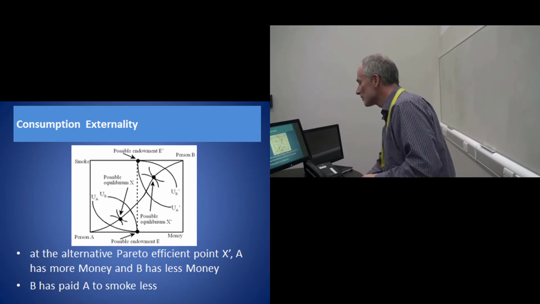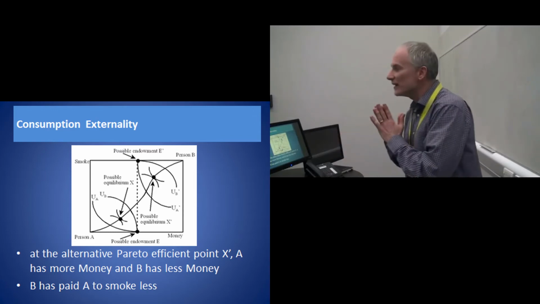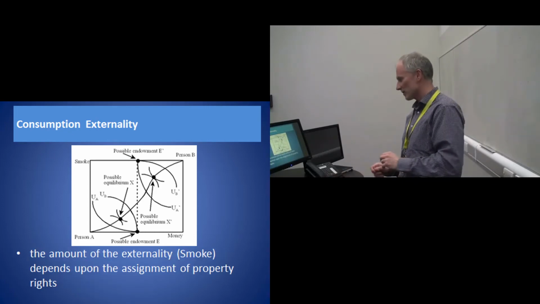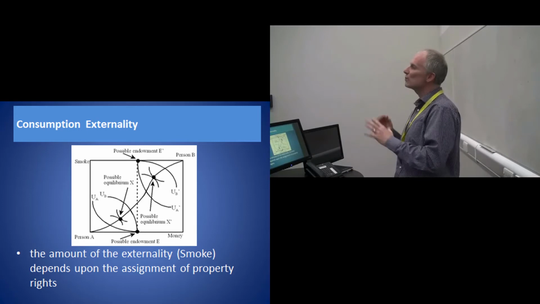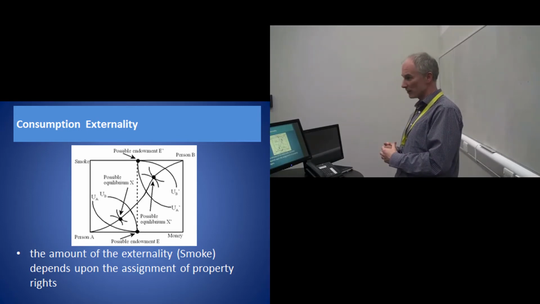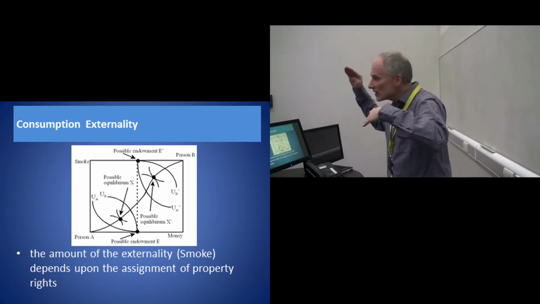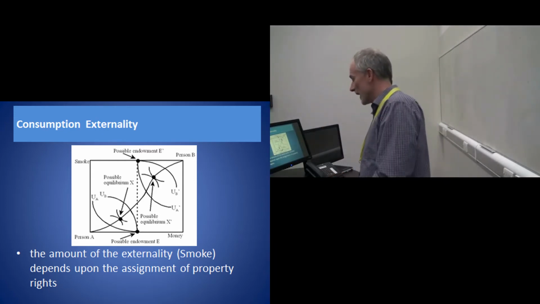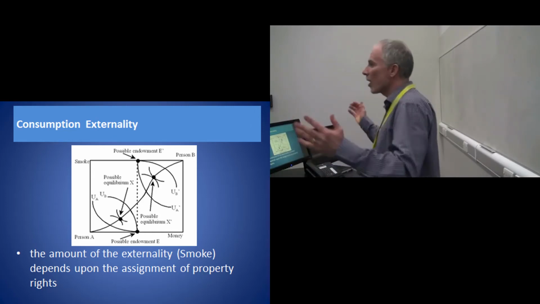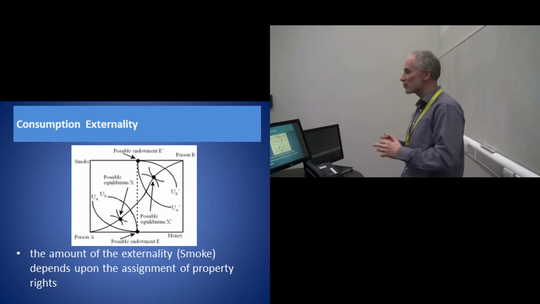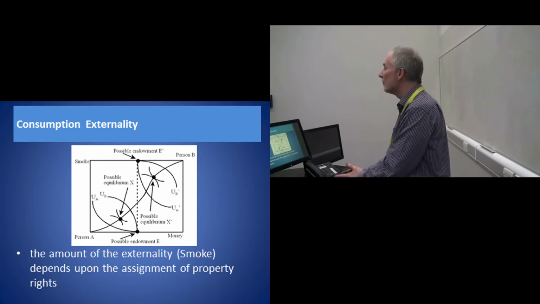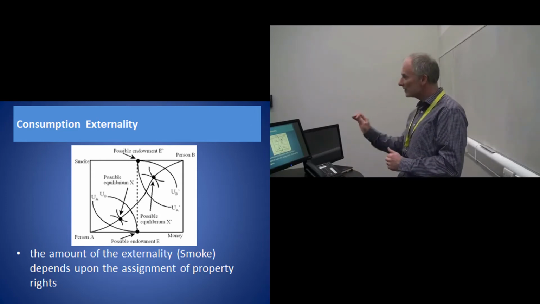In all cases, it doesn't really matter where we are, an efficient outcome does not mean zero level of the externality. But compare those two possible points, x and x prime. You can see though that the amount of the externality differs. At x, we've got a lower level of smoke. In x prime, we've got a higher level of smoke. Even though these are Pareto inefficient outcomes, they have different endowment, different amounts of the externality dependent upon where we